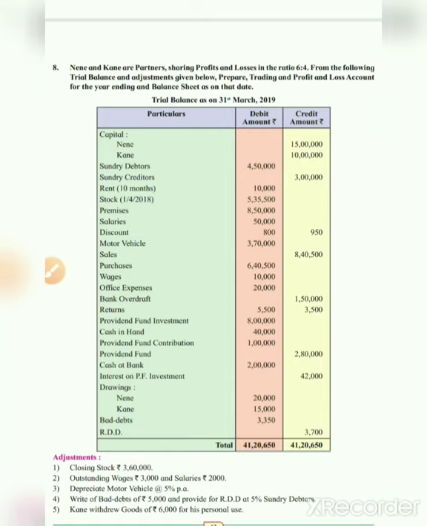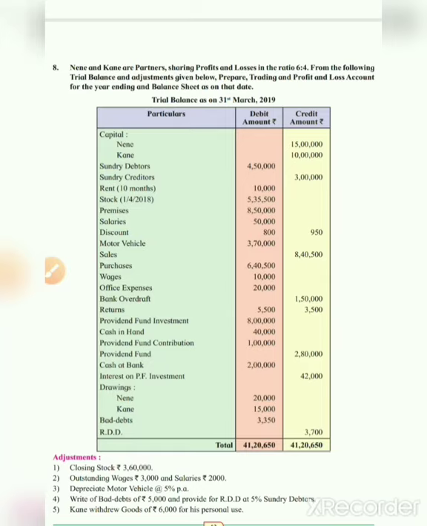So on asset side, 4,50,000 minus 5,000. Remaining amount, write it on inner column because we will have to charge the RDD. 4,45,000 is our remaining amount. Now on this amount, charge 5% RDD. So 5% of 4,45,000, that is 22,250. Deduct this amount, write down the remaining amount on outer column. 4,22,750 will be our debtors now. Then second effect, on debit side of profit and loss account.